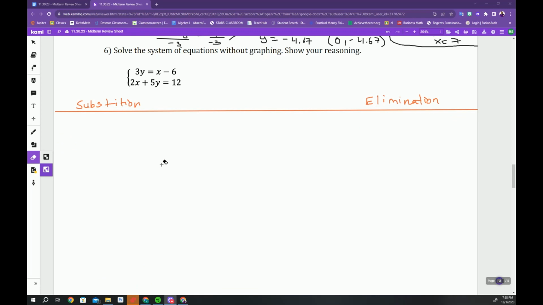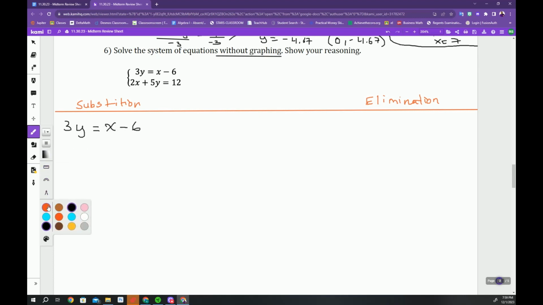Okay, guys, we're moving on to the next part. That's number 6. Solve the system without graphing. Show your reasoning. So when you solve a system without graphing, that means you're either doing the substitution method or the elimination method. This is also called solving it algebraically. We're going to take a look at one of these equations. We'll start with substitution. We want to make it so that a variable is by itself. One thing we could do is get y by itself or x by itself. I think getting x by itself might be a little easier,